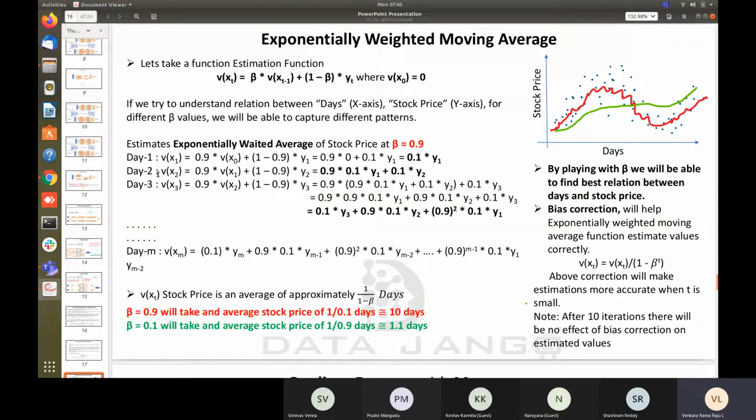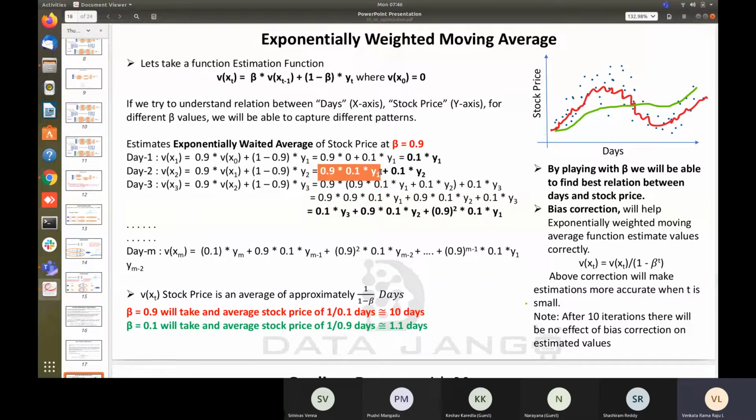But if you calculate v of x2, then you will see a little more improvement in the formula. When beta is equal to 0.9, there will be a little more improvement. I substituted 0.9 here, and v of x1 I used here. What is v of x1? It is 0.1 into y1, so I substituted that here: 0.9 into v of x1 plus 0.1 into y2. So again we are taking 10% of that day's stock price, and then a little bit, 9% of 10%, of the